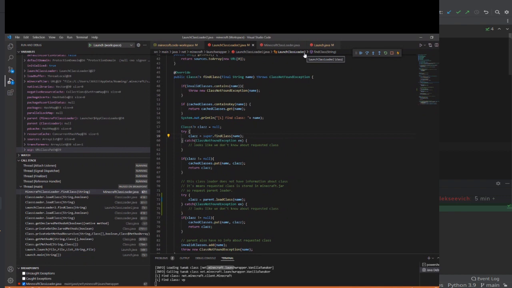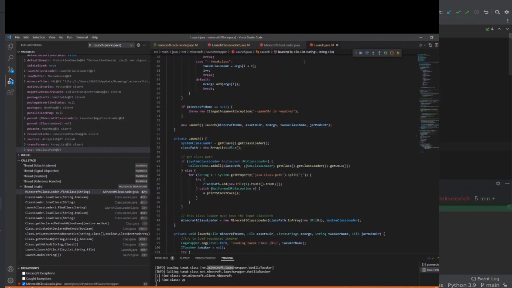This question is just about that. But the mod actually has signatures for all of the classes. Actually, as I said before, this launch wrapper allows loading any jar modifications without